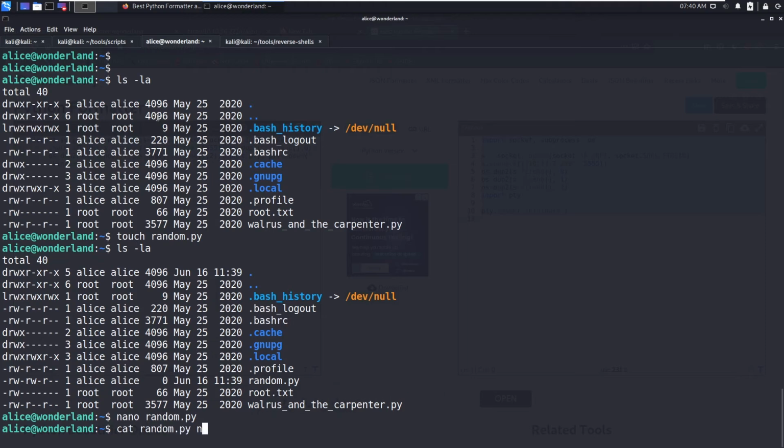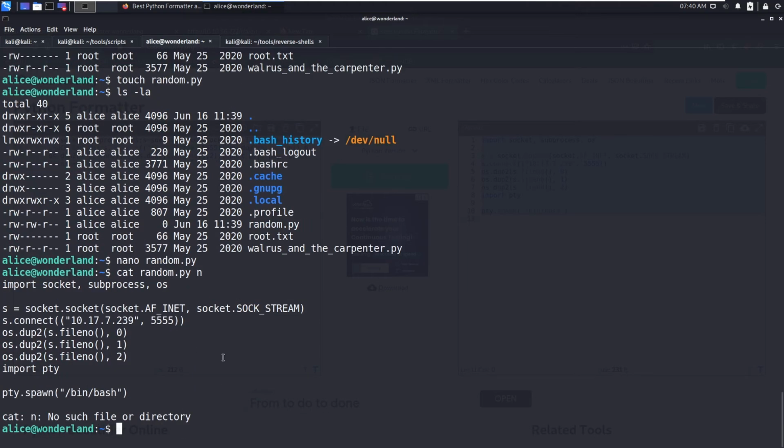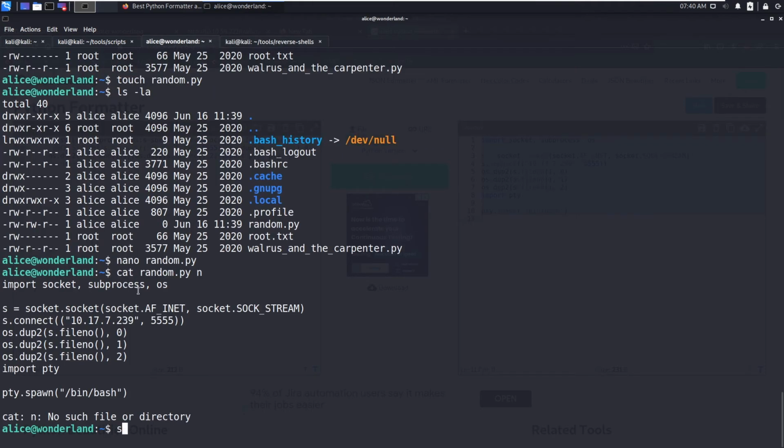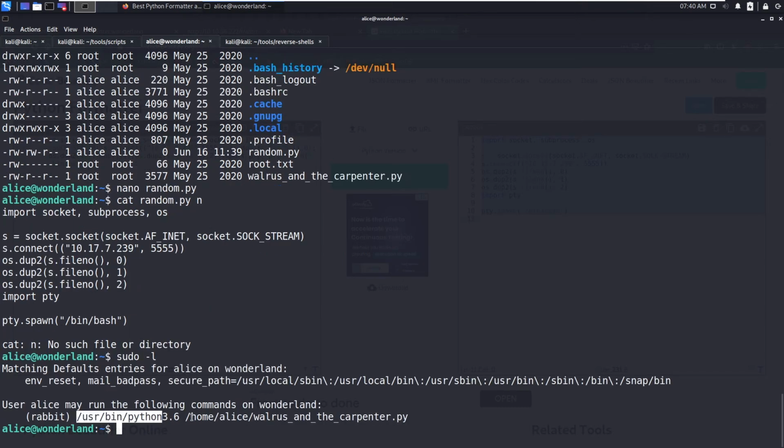cat random.py. So let's start the listener on 5555. Whenever we run this command, this file is going to import the random code and it will execute in memory. sudo -u for user rabbit and then paste the code.